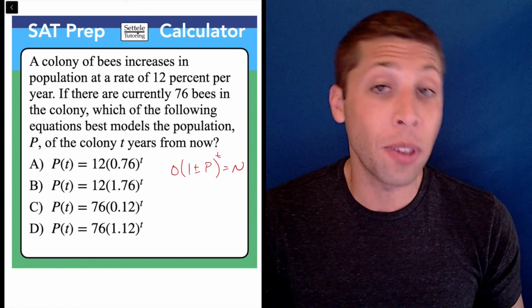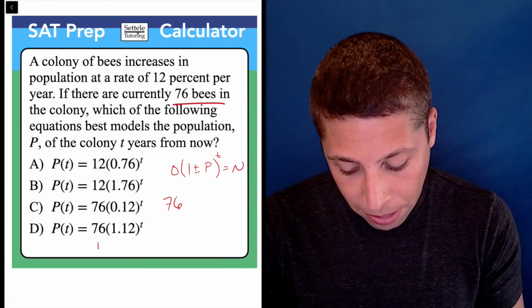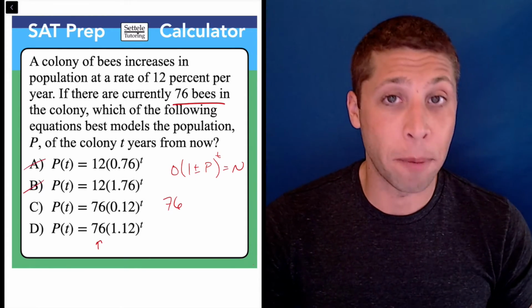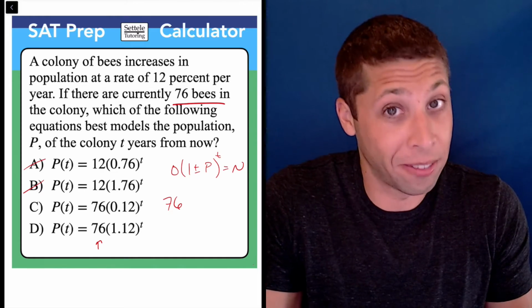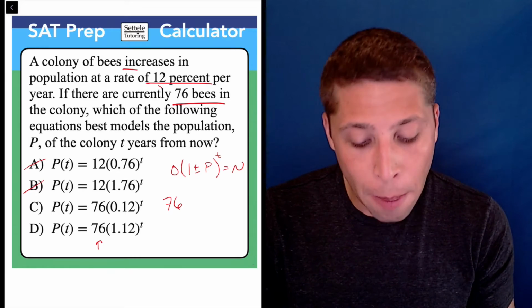So O stands for the original amount, and that we know is 76. That's the number of B's. So that means C and D have to be right, because those are the ones that have the 76 in the right spot. And then as far as the percentage goes, I know it says 12%, but it's an increase of 12%,